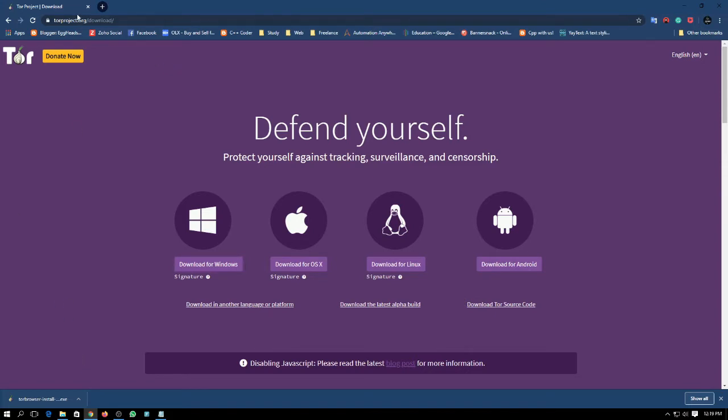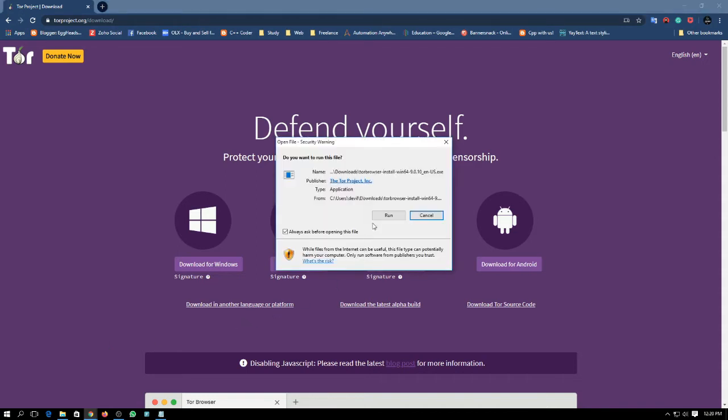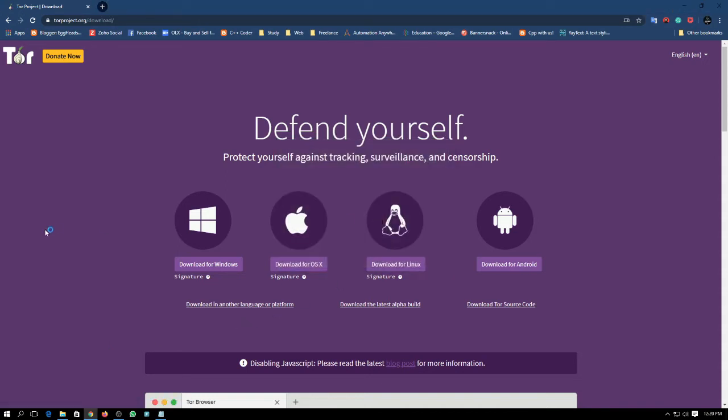First of all, you have to come to this site, torproject.org, and then you will see this page. Here you can download it for your Windows, Mac OS, Linux or Android. And here I have just downloaded it, so I'll open it and run.